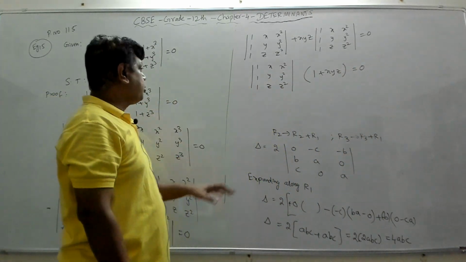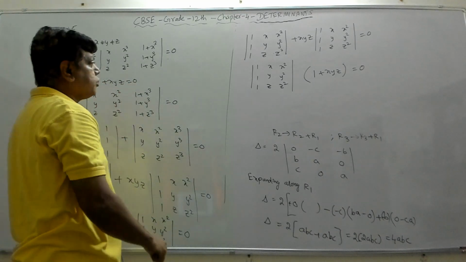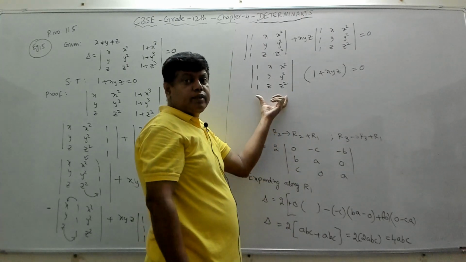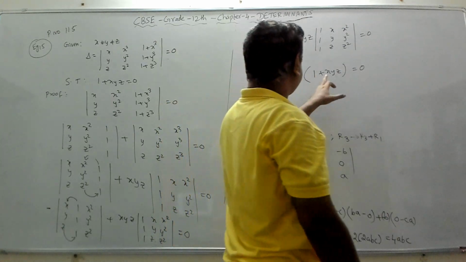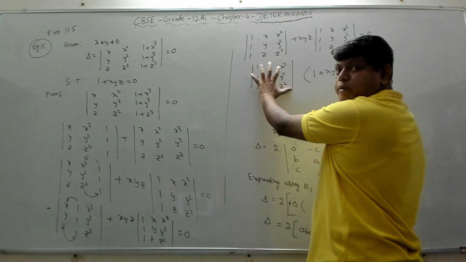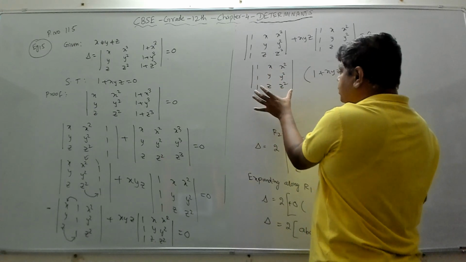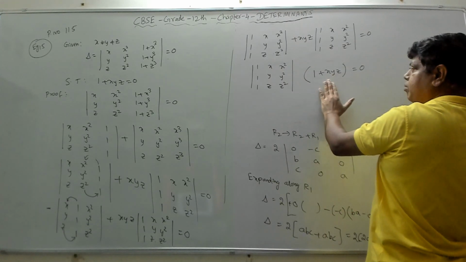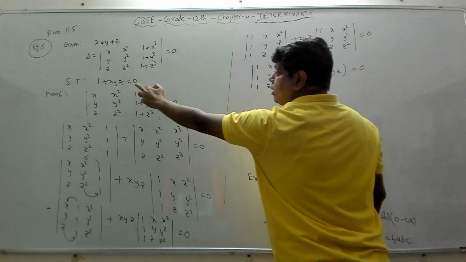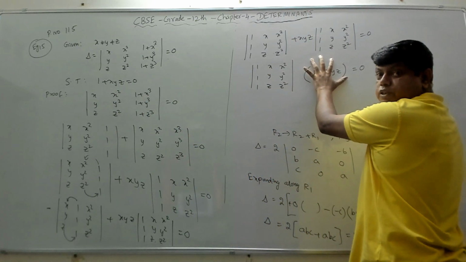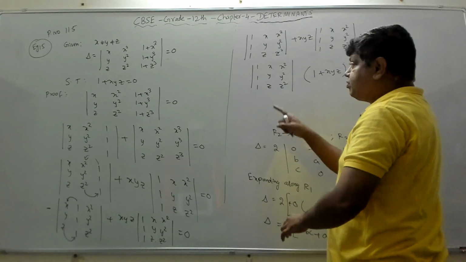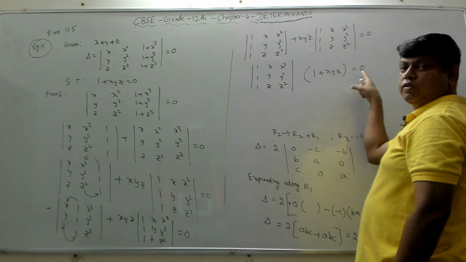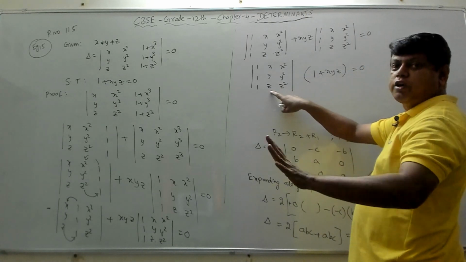Now we have got this. What we have to prove is 1 plus xyz equal to 0. To prove this is equal to 0, we must prove that the determinant is not equal to 0, because the product of two numbers is 0. Ultimately your determinant is a number. When I multiply a number with another number and the product is 0, and I want to show that this number is equal to 0, I must prove that the other is not equal to 0. If it is not equal to 0, then definitely this has to be 0. Only then will the product become 0. So to prove that this is 0, we have to prove that the determinant is not equal to 0.